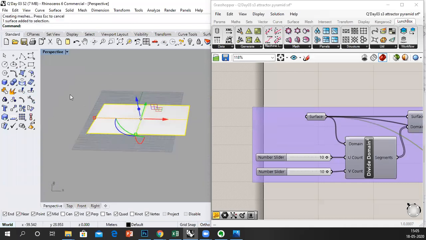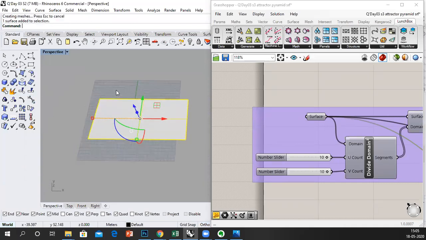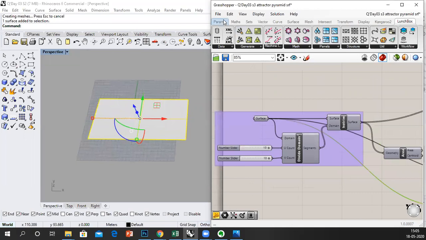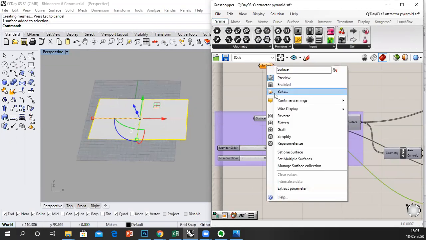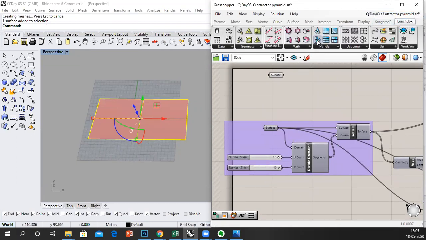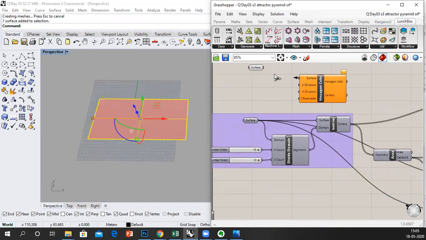So I've got a surface. I'm going to set this surface, set one surface. Now I'm using Lunchbox to make hexagonal panels out of this.